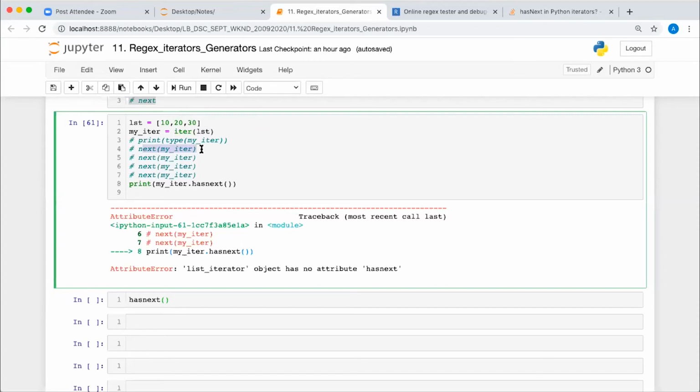Abhishek, for the iteration, for every next element we have to write next every time. Is there any shortcut to write next only one time and we can iterate over this list? You can run the loop. Okay. So what is the benefit of using this iter method?